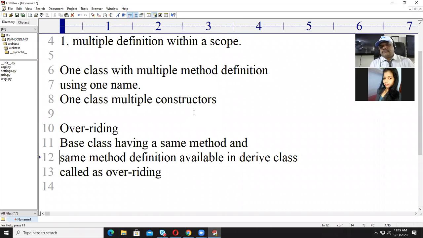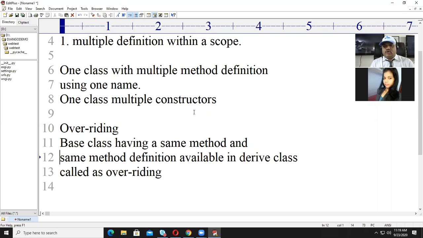As you know, the properties of the base class get extended to the derived one. So due to inheritance, the property is already extended to the derived class, but the derived class also has its own method.